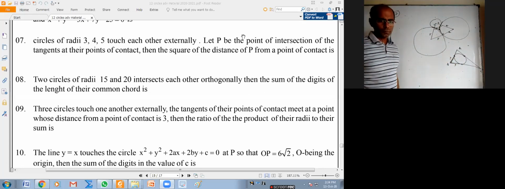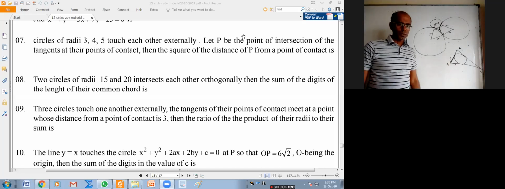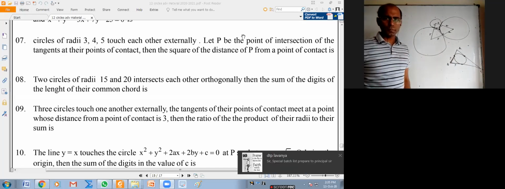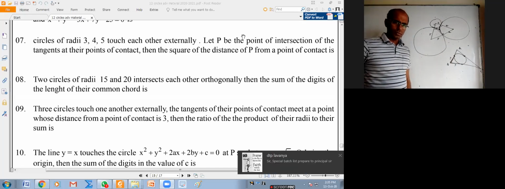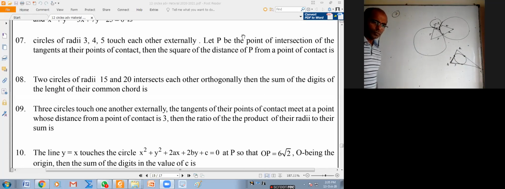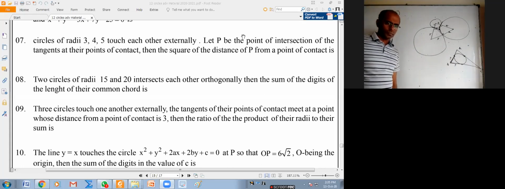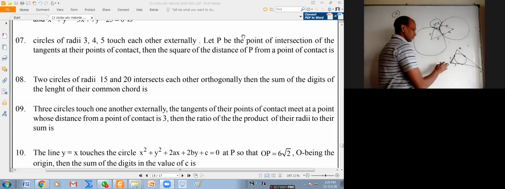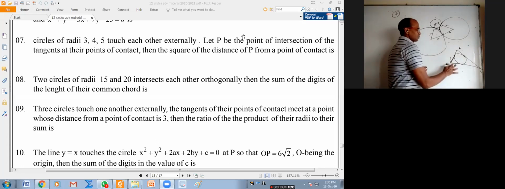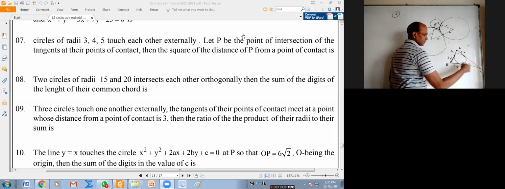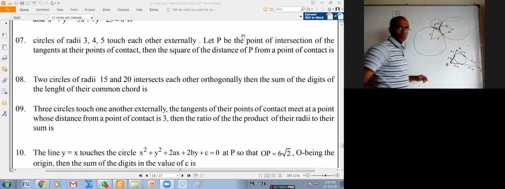In properties of triangle, these two are equal, correct? If I take this side as A, this side as B, small a, small b, small c represent the sides. A plus B minus C by 2, something like that. What will this come finally? This will come s minus b. And these two lengths are s minus c. You can prove that.